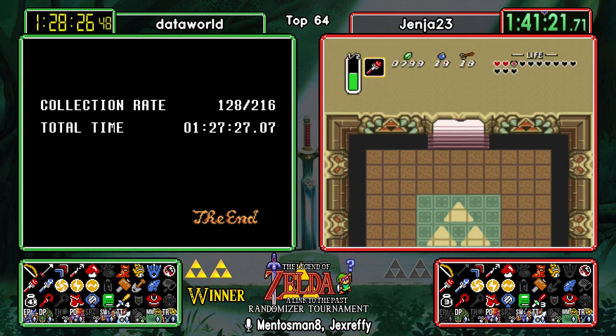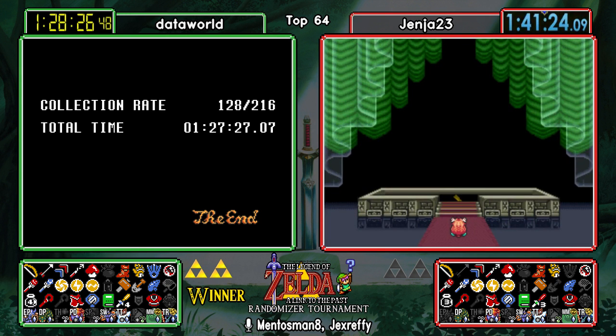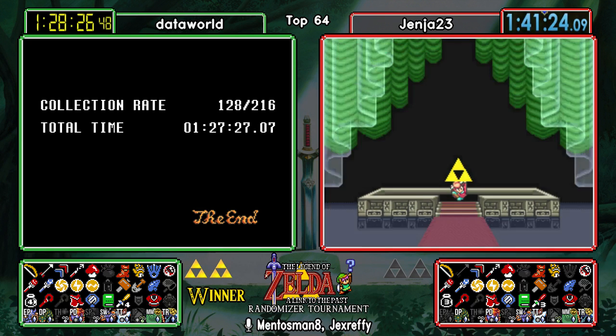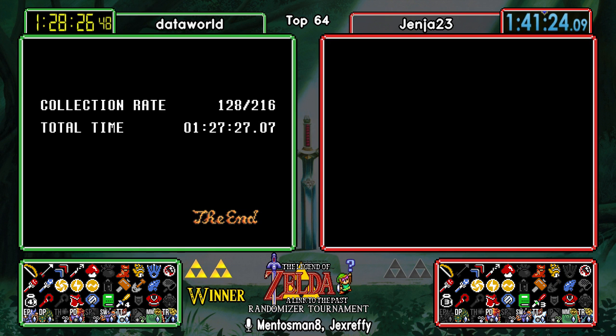And he heads through the door, finishing with an official time of 1:41:22. GG's to Jenja. Still a quite good time. He got a little bit unlucky that his opponent, Data, got such a huge benefit from that potion glitch, but...